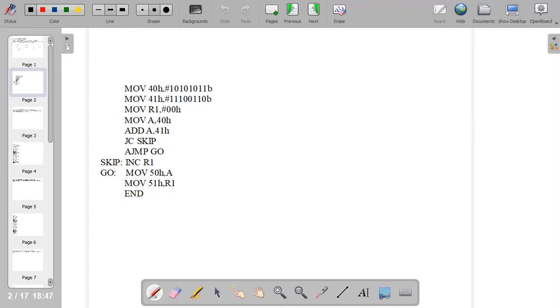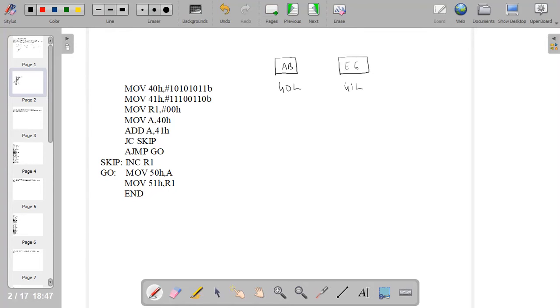And then we have R1 register having the value 00. So we have 40H location having the value ABH, and 41H location having the value E6.